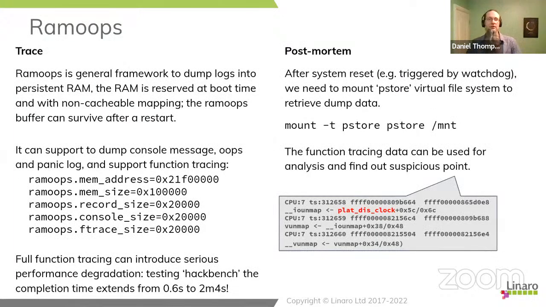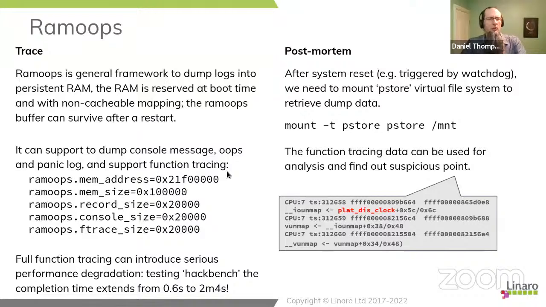One option is RAMOOPS. So RAMOOPS is a general framework for having persistent RAM, which will then be accessed, I think, uncached on the target, so that when we store things into the RAMOOPS buffer, A, we don't have to worry about flushing the cache, and B, hopefully it will survive post reset. And because it's a well-known, well-located piece of RAM, we can actually preserve it during reset and present it back to the user by just mounting it as a file system after we've rebooted. So it's quite a neat bit of technology.